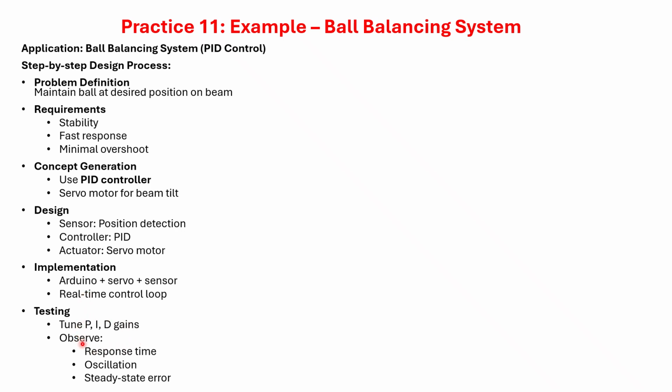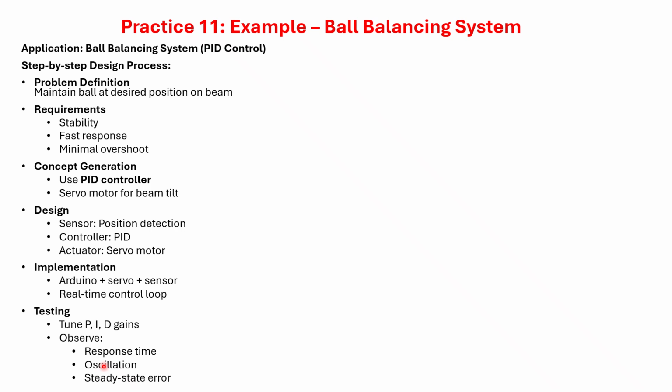In the testing phase, we have to tune the PID gain values. As I already mentioned in the ADDIE model, we have to tune the proportional, integral and derivative gain values. Based on these tuning parameters, we can observe the requirements. We were given three requirements: stability, fast response, and minimum overshoot. Those responses can be easily observed by changing the proportional, integral and derivative gain values. So we tune these PID gain values one by one, and observe the response time,